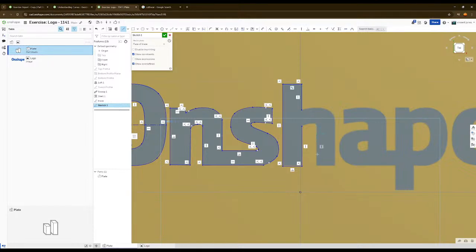Eventually I'm gonna get used to this. Can I go like this and then hold on to it in the end and then let go? Nope, doesn't work. If I double click, it gets rid of it though.